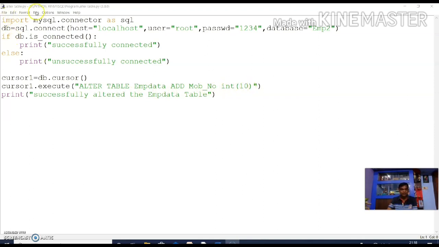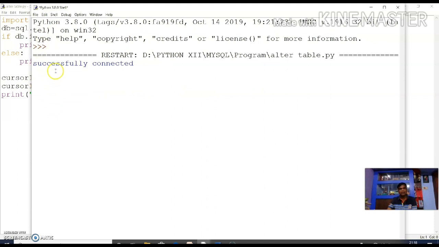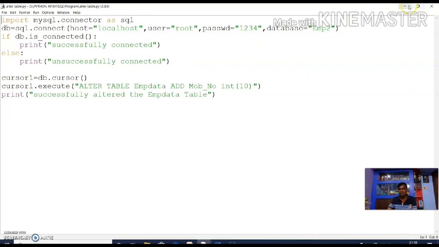You run this program. Successfully connected, successfully altered the emp data table. You see in MySQL whether the table is altered or not.